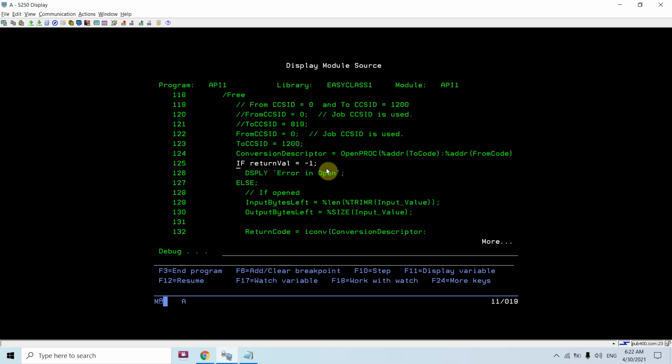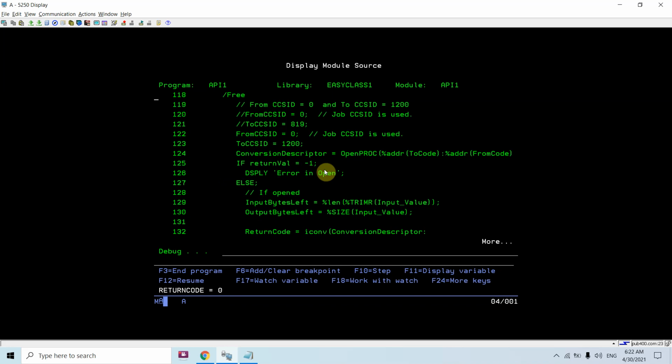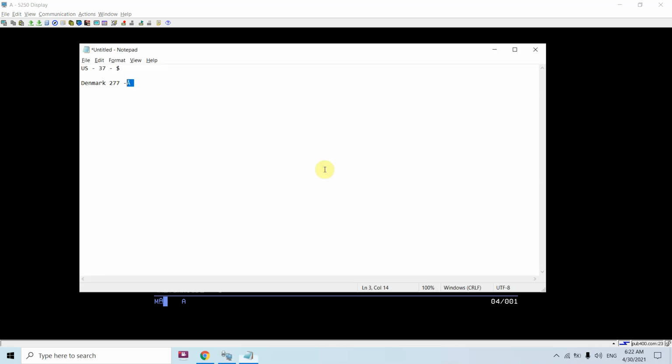From 37 to 277, return value 0, that's correct. Conversion environment is open now. Input bytes left 1, it's 50. We are passing the descriptor and other information as well. Now you'll see whether it's successful or not. It's successful. Now let's see the data. It must be this.